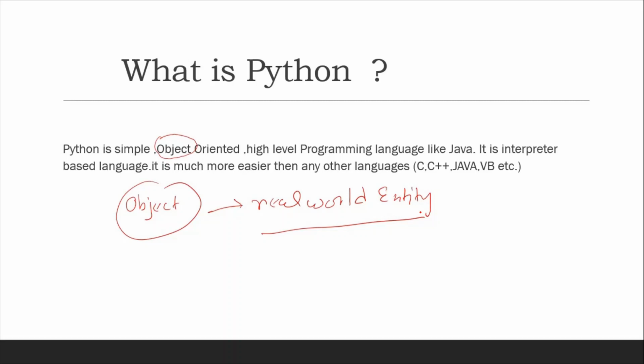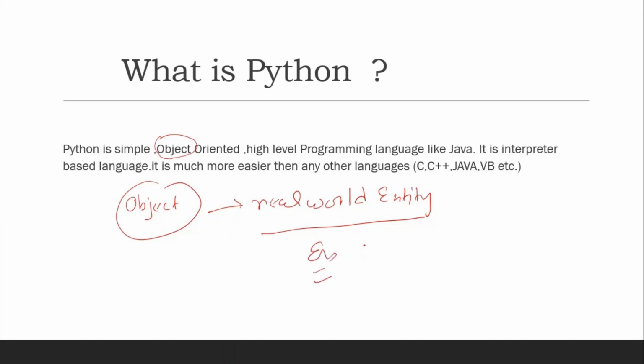For example, car, scooter, bus, chair, table, person, all these are objects. We deal with them in the real world. So why is Python so popular? Because now it is the time for object oriented programming. We focus on objects, how we can create the best object, and how our object does things best. So what is an object? An object is a real world entity.